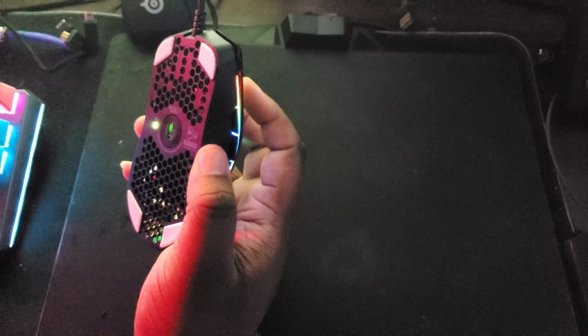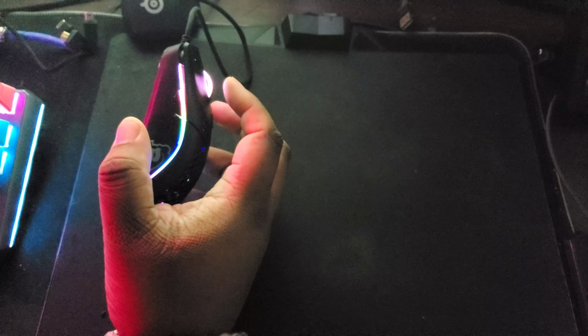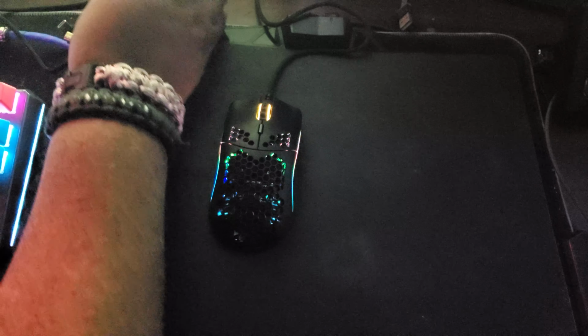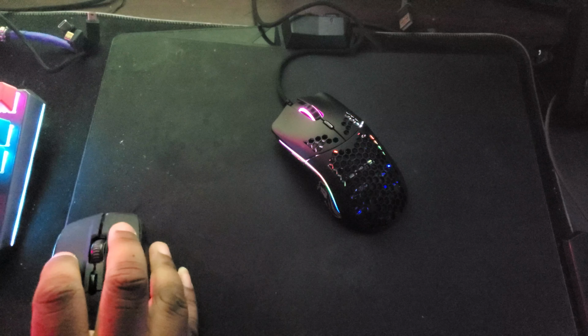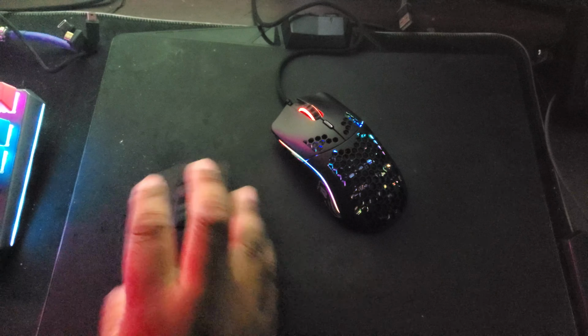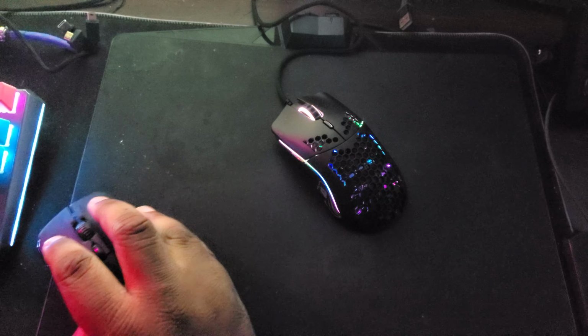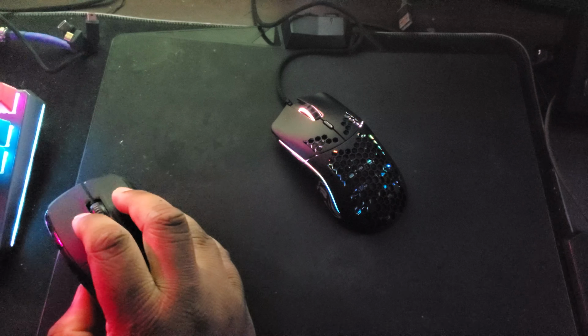As of playing this, I've noticed that my accuracy is 10 times better. I was hitting quick scopes that I wasn't able to really do on this one. When I would go for quick scopes and try to move my hand quicker or flick like this, it's heavy, and I have to put a lot of pressure on my hand, and I would go like this. And as you can see, I just dropped it. But that's what happens when I'm in game a lot. With this one, it's just